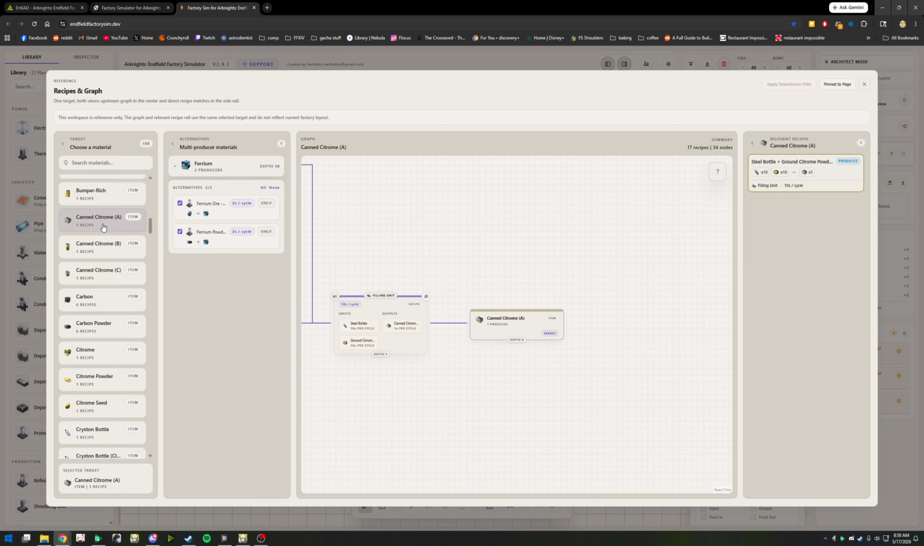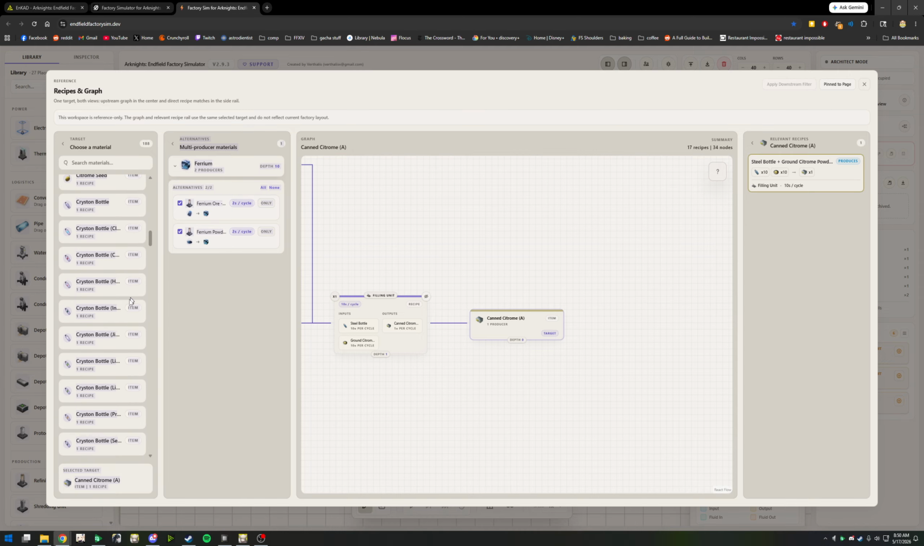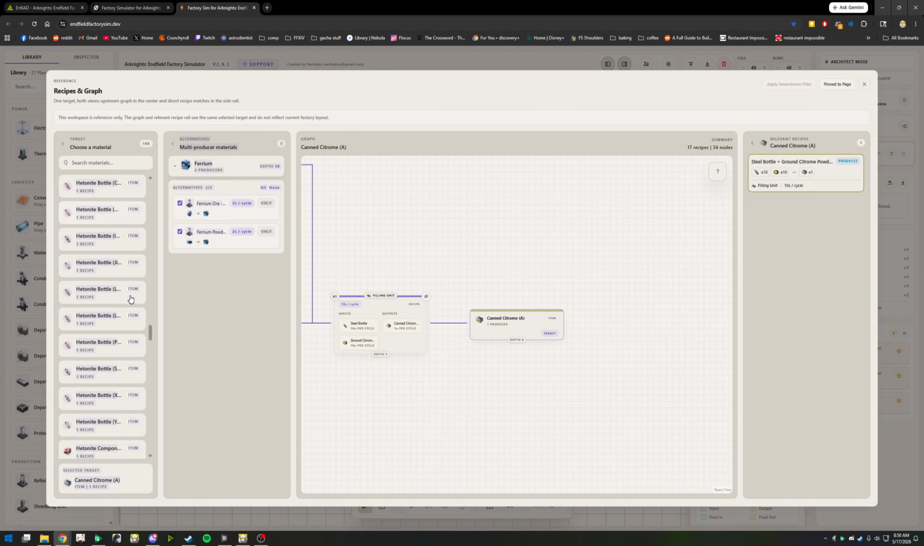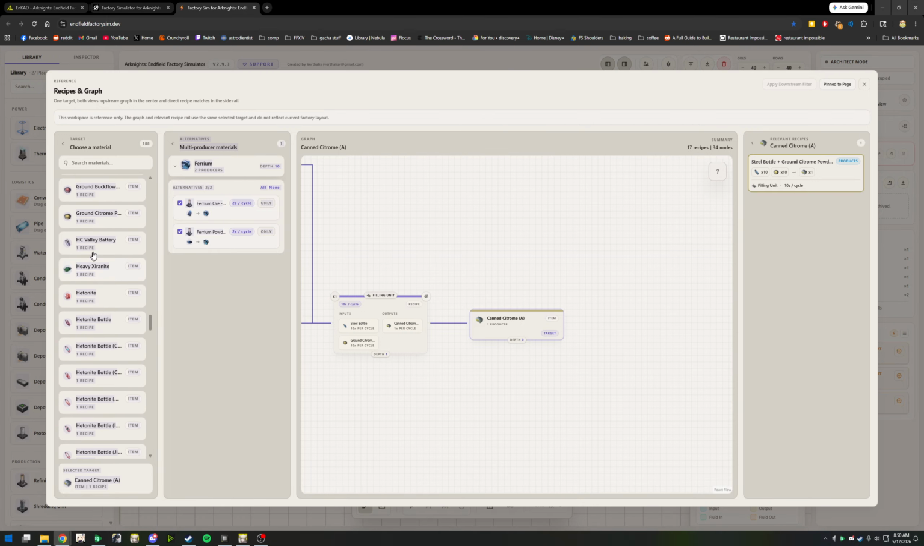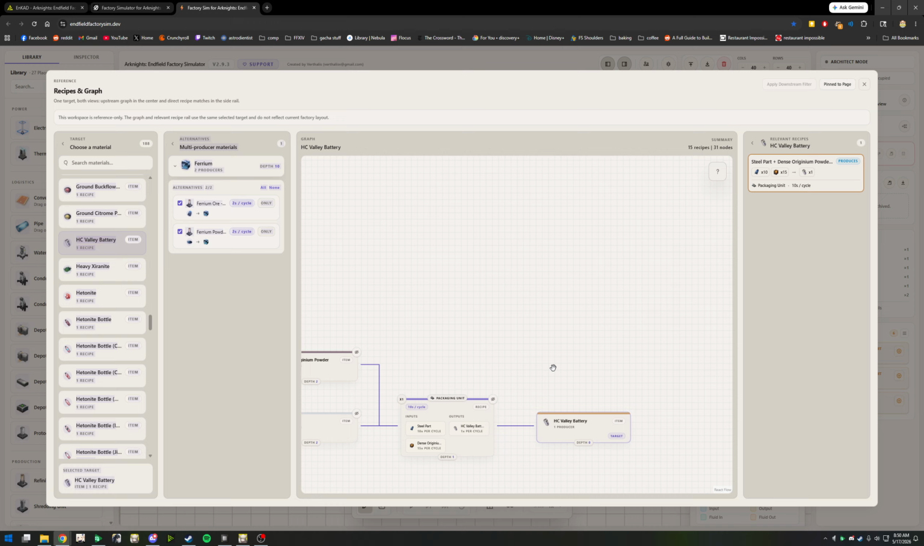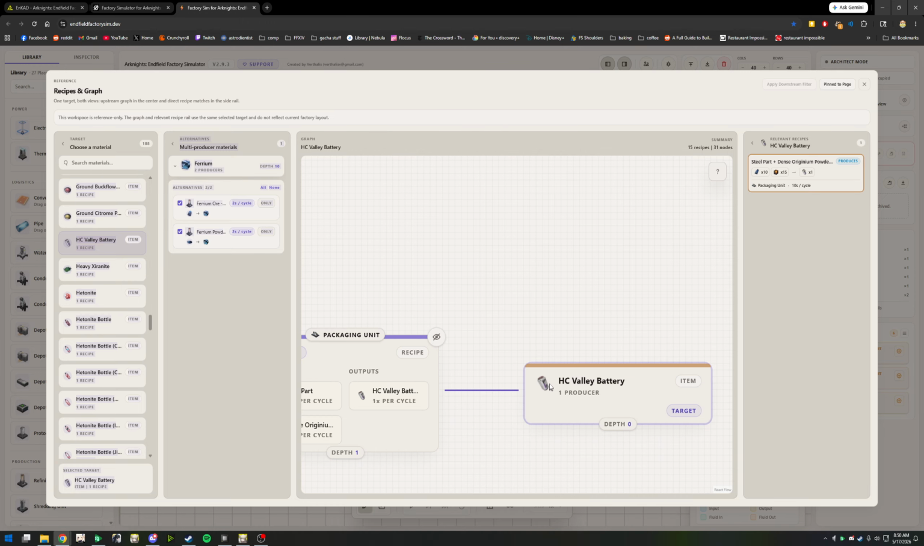Citromate, canned Citromate, Citrome. I always call it Citromate, I don't know why. From Valley 4, right? I'll use that because a lot of people have already made this before. Or actually, you know what? Let's do HC Valley Battery. Where is it? Where are you, HC Valley Battery? There you are. So what this actually does, I was kind of looking through it, and I noticed that it